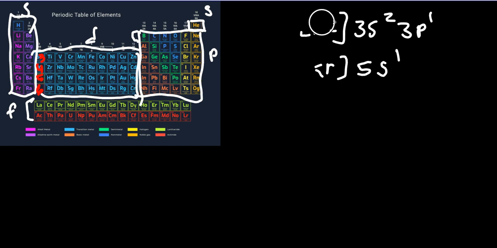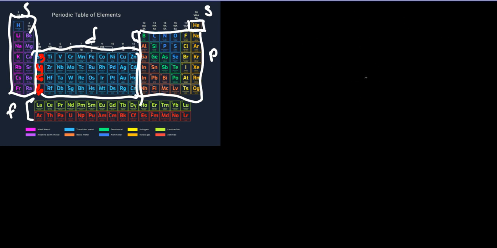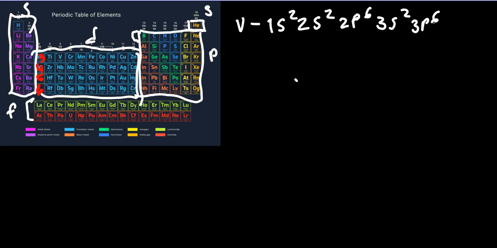Now, let's move on to the transition metals. How the transition metals are going to work is that, let's say we want to find vanadium's electron configuration. What we're going to say is we're going to put down our normal things: 1s2, 2s2, 2p6, and then we're going to have 3s2, which is sodium and magnesium, and then we're going to have 3p6, and then we're going to have 4s2,